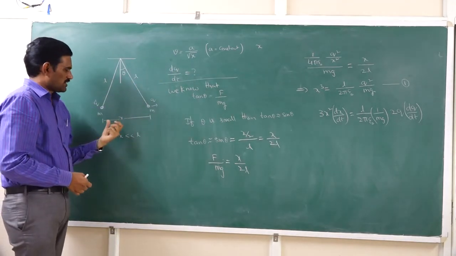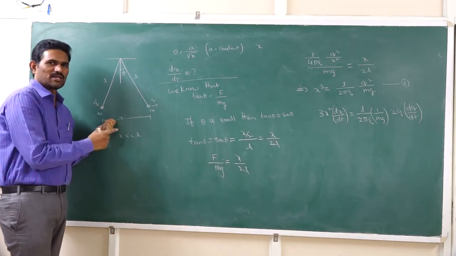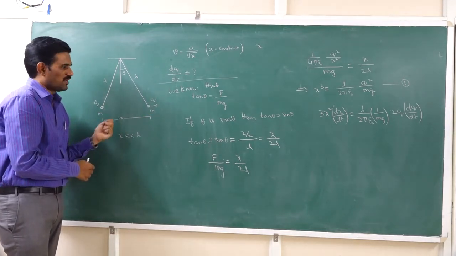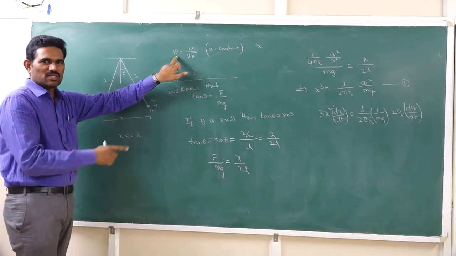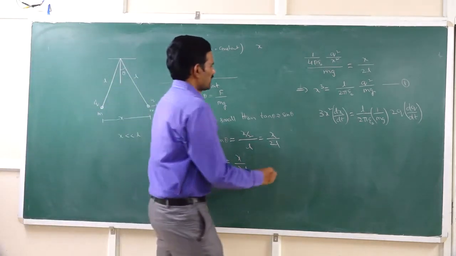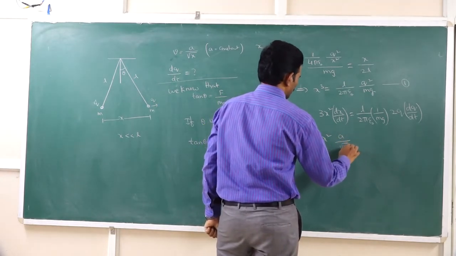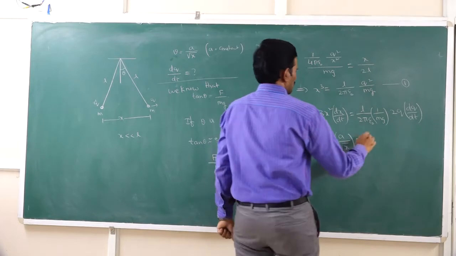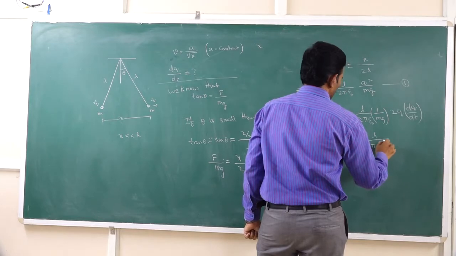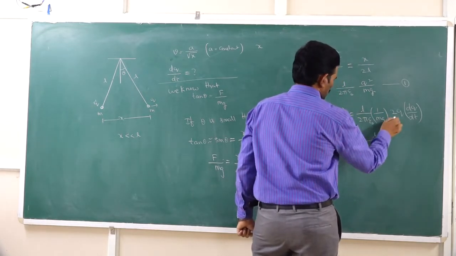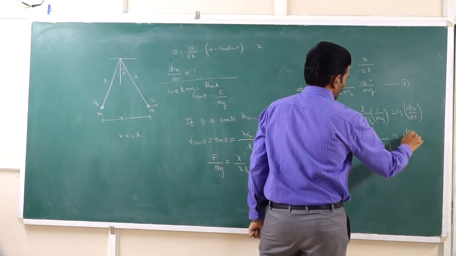Is it clear? This x is the separation between those two charges. Now dx by dt is nothing but the rate of change of the separation between those two charges. The given condition is that these two charges are approaching with this velocity, and so this v is nothing but dx by dt only. And so I can write this as 3x square into a by root x. So this is L by 2 pi epsilon naught into mg, and you can cancel the 2 also here. And so then mg pi epsilon naught into mg into q into dq by dt.